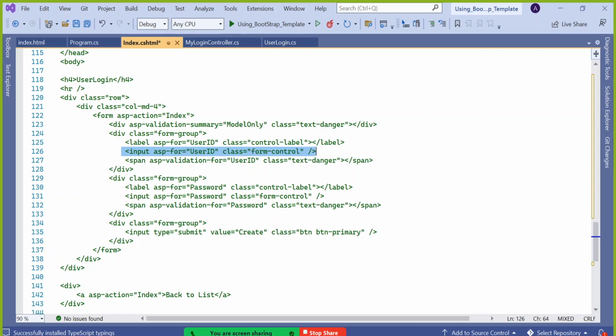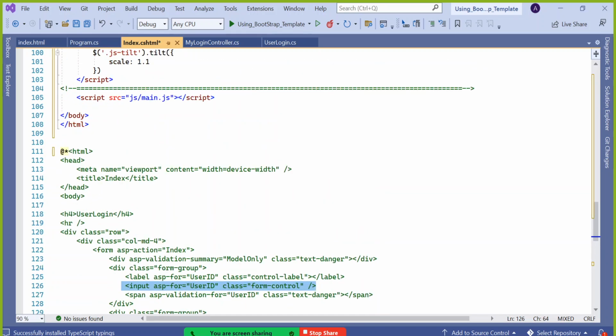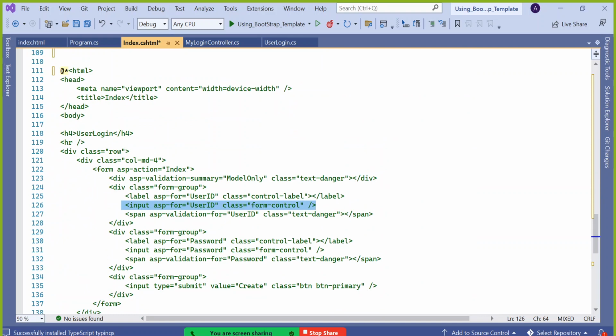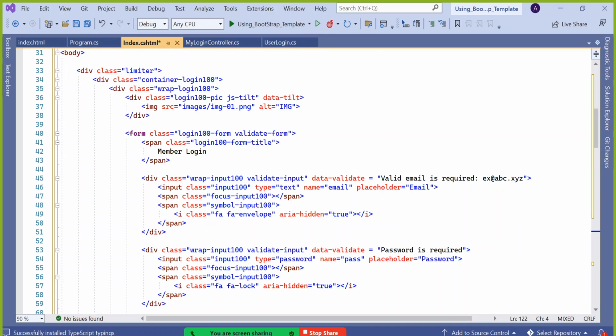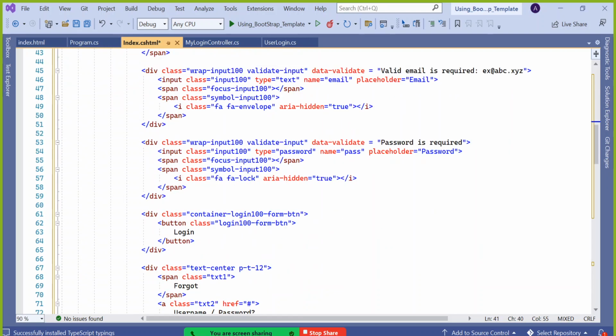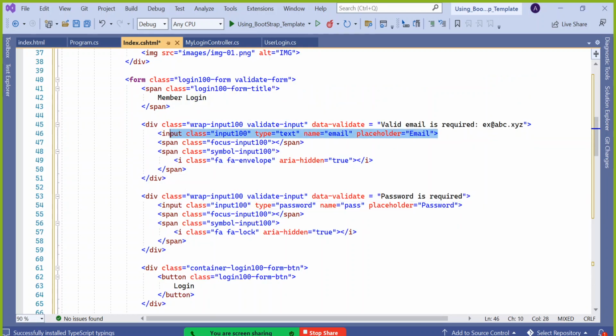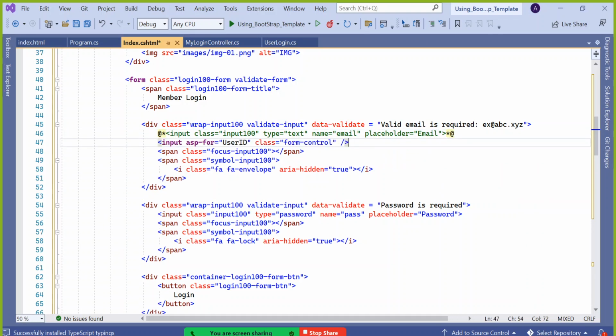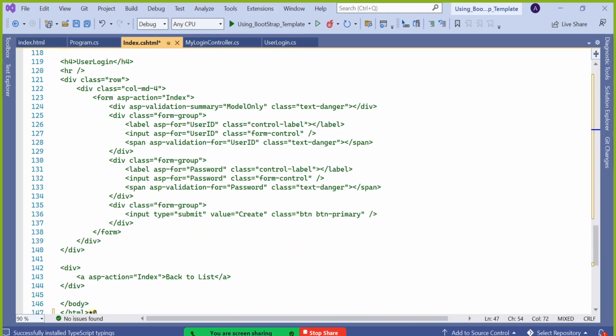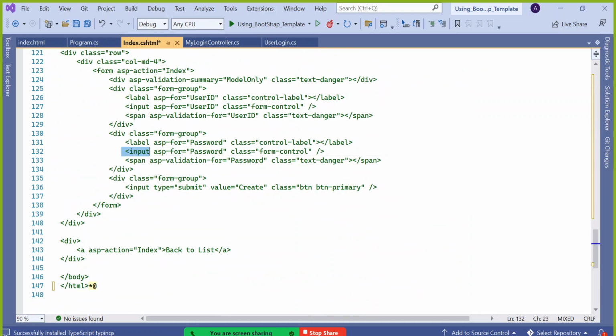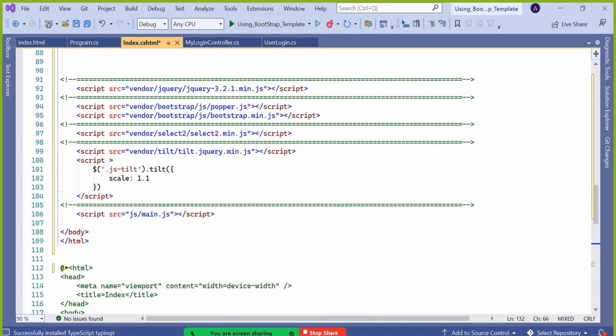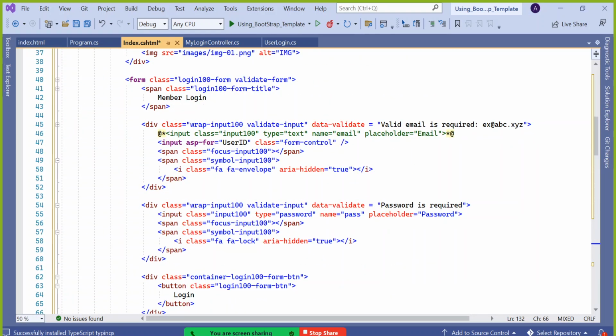So take whichever is essential for you. And one more thing essential for us is this form. Chances are it is not available here, we have to define that. It is there in fact. So here you go, replace their user ID. Don't delete it, comment it for a minute and then paste it. Similarly for password, this is our control, so we want to take our control and their style. So here you go and replace this